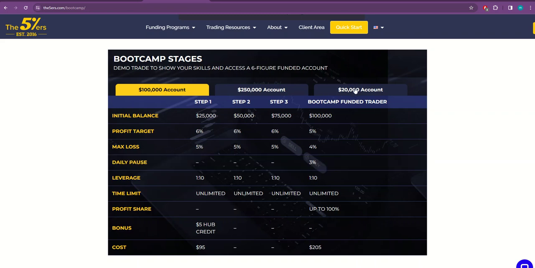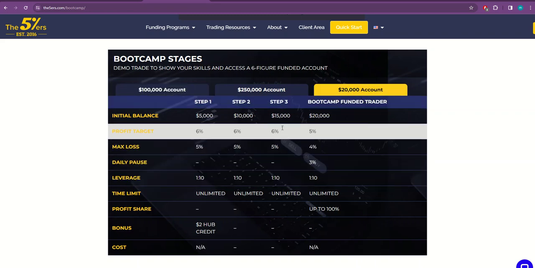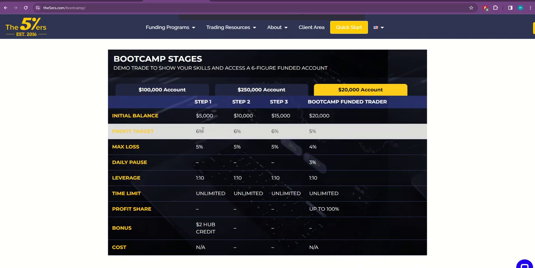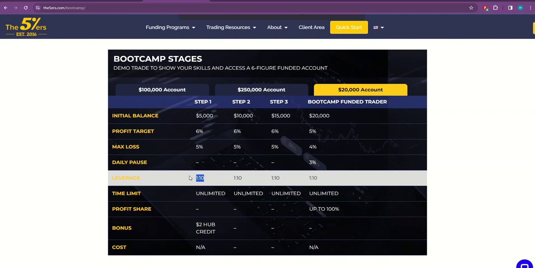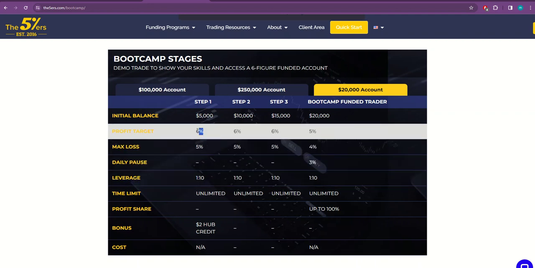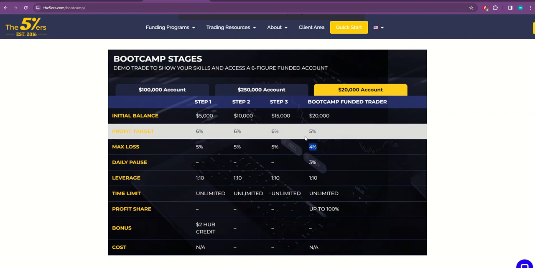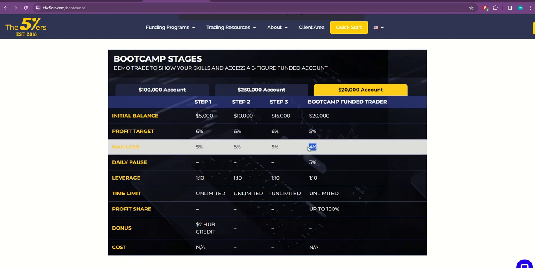It's better, because even here they're gonna say they're giving you a $20,000 account. But look at this. You have a leverage of 1:10. Yes, we all obviously talk about not over leveraging, but the problem here is, look, the target is 5%, maximum loss is 5%. So this is crazy. When you get the 20,000, now they've reduced this. This is just an illusion to make you feel like, oh, they've reduced the profit target. No, the most important is this one. Why? Because you have to pay fees, you have to pay swaps.